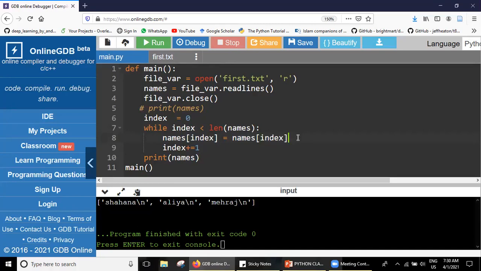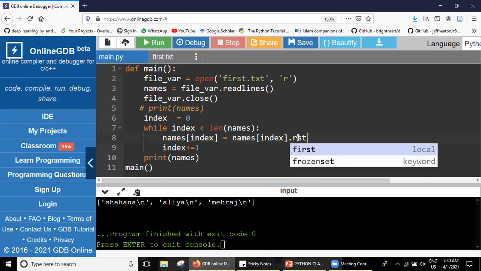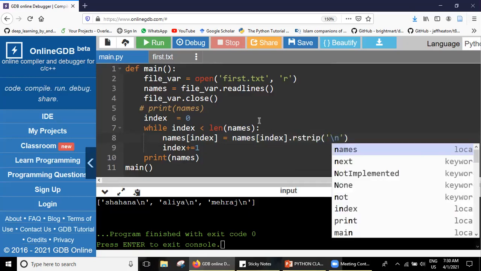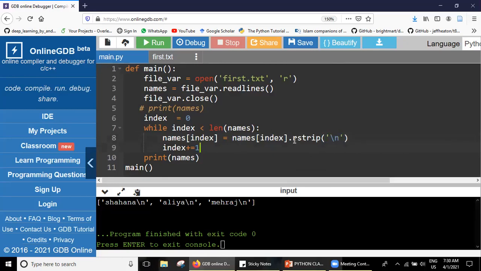Do you remember the strip? We had right strip and left strip. If I want to go with the R strip, it's right strip and slash n. So what does this R strip function do? Strip means cut it out, cut out the right part of it.